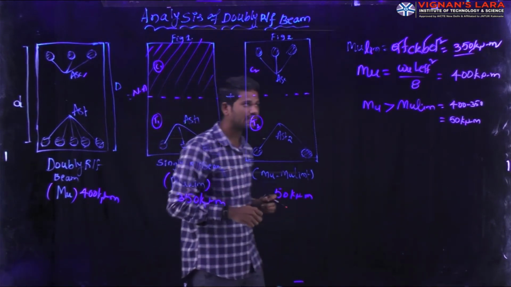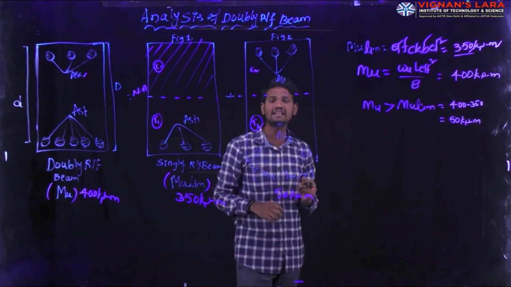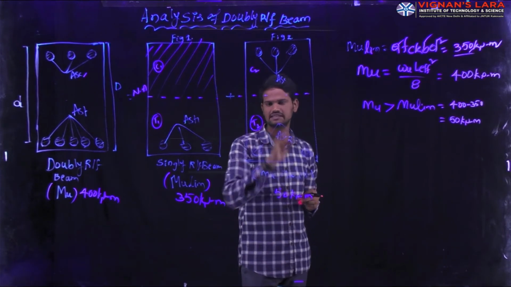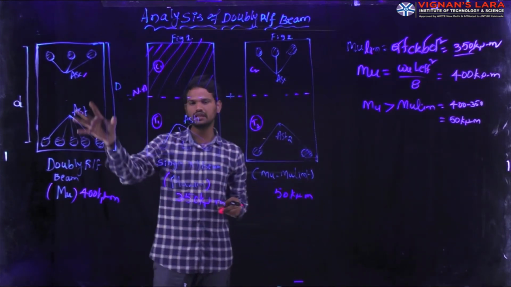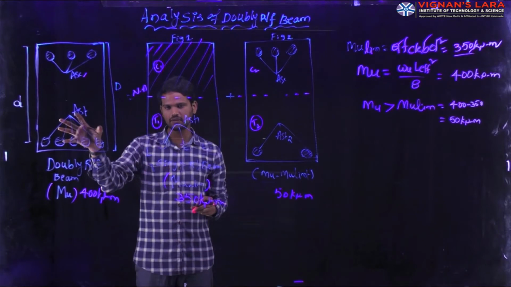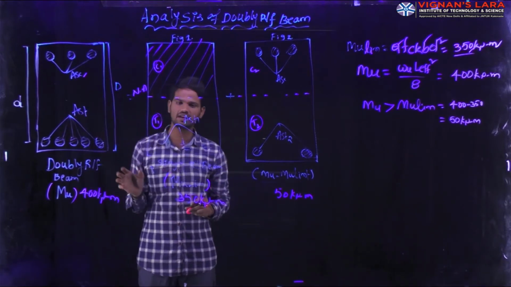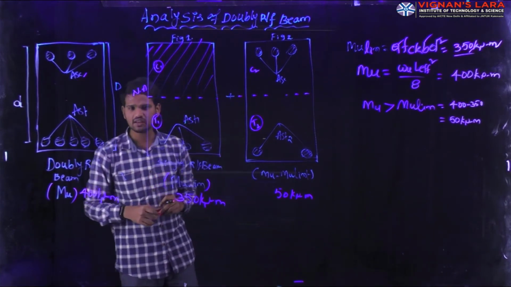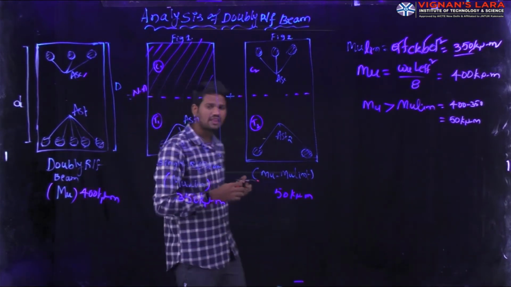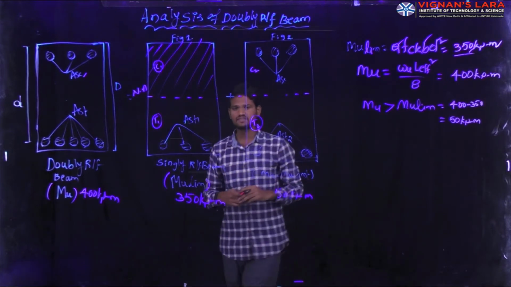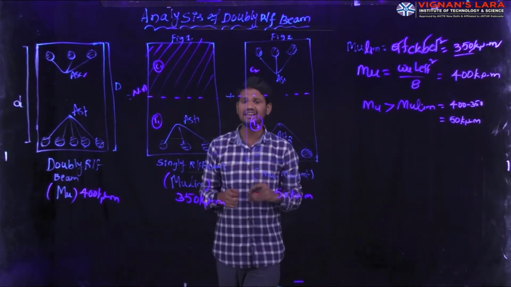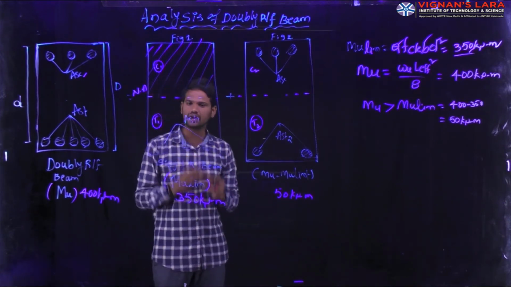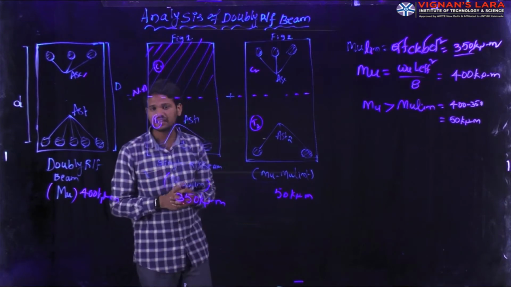Okay, now we will calculate the analysis of the compressive forces for this section as well as this section. If you observe here, a doubly reinforced beam is the type of beam in which we are providing reinforcement in the tension zone as well as in the compression zone, used when the limiting moment capacity of the beam may not be able to resist the additional load. In those conditions, we provide the doubly reinforced beam.